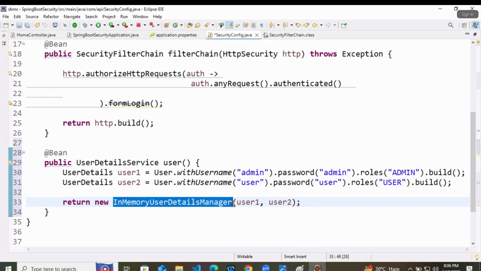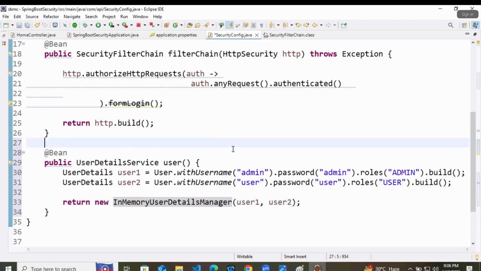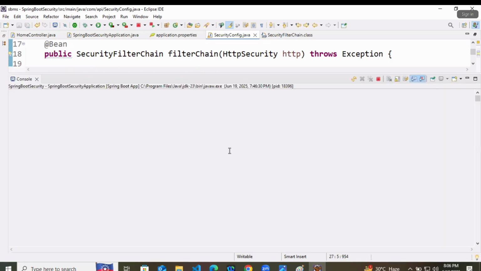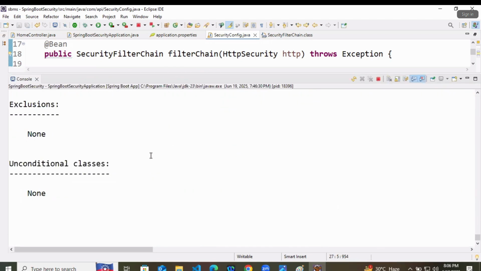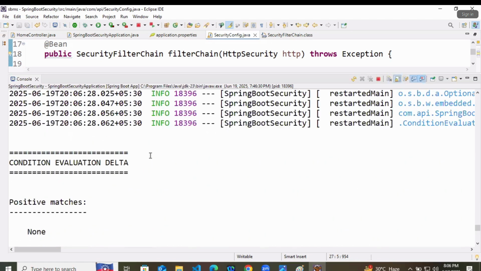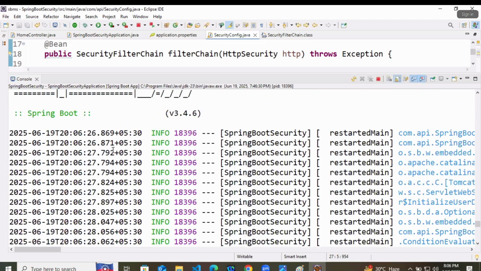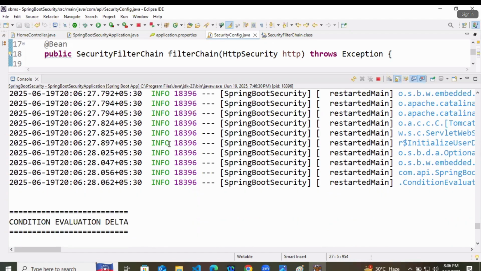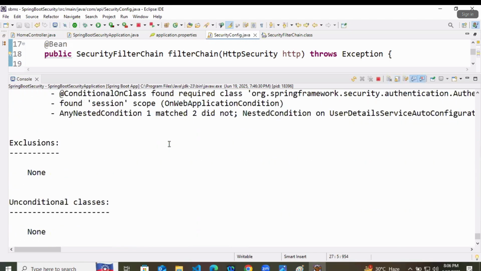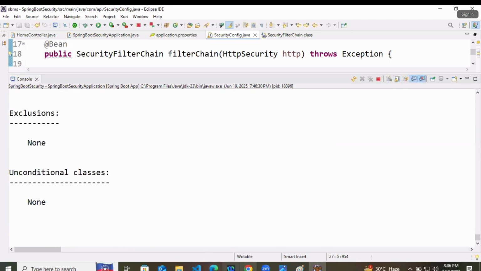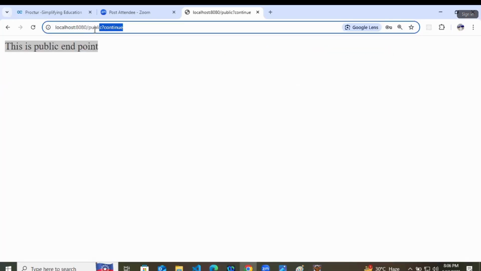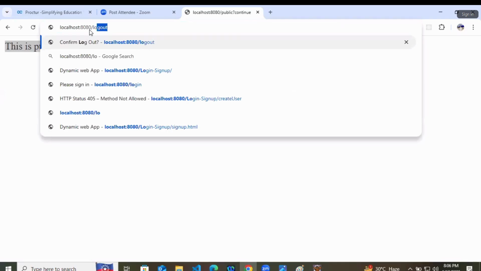So very simple. We just created two user details and provided them to the in-memory user details manager. That's it. So simple. Now let's save the file and we will check what we are getting in our application. So we'll check, is Spring generating any password? No. Why? Because you are providing the in-memory users now. It will not give you any password. Now it is becoming interesting. So at first I'll log out from here.